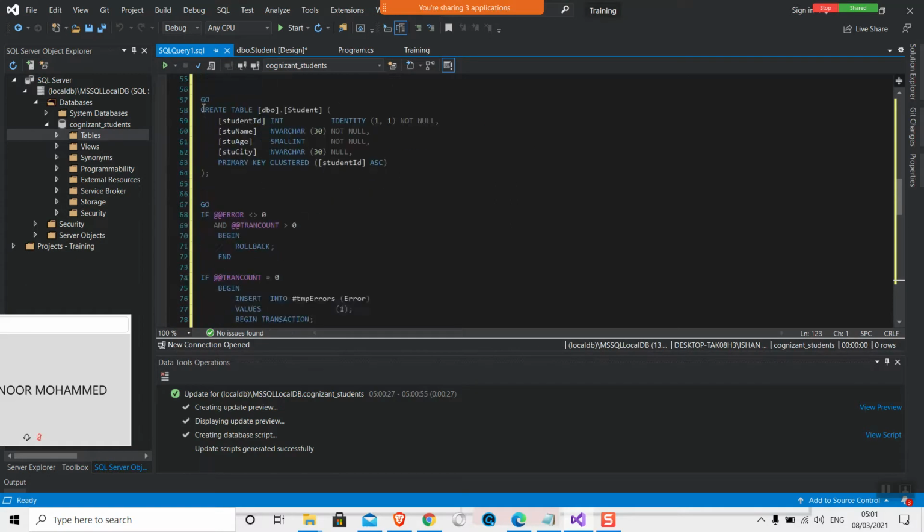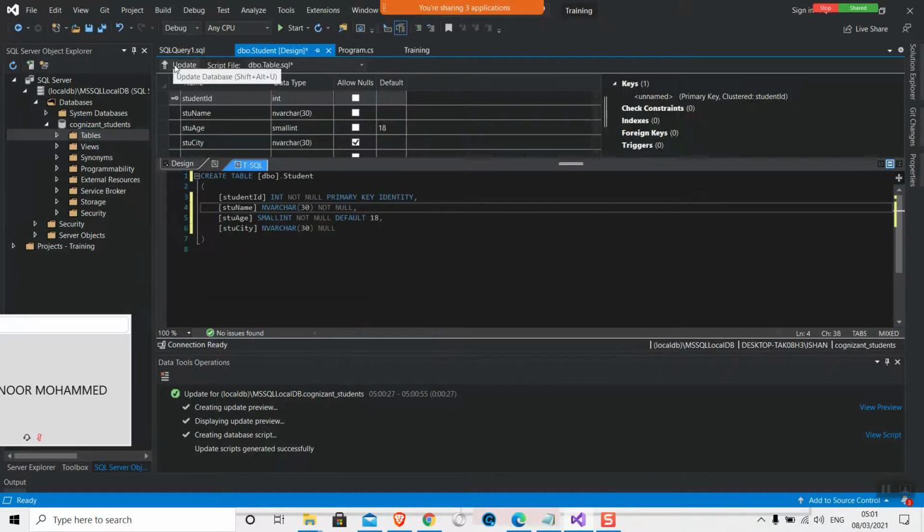This is actually a script, the normal SQL query structure, like create table or something. So this is your code. You can simply copy and paste it into your portal where you have to perform the hands-on. So you can use generate script and then copy.